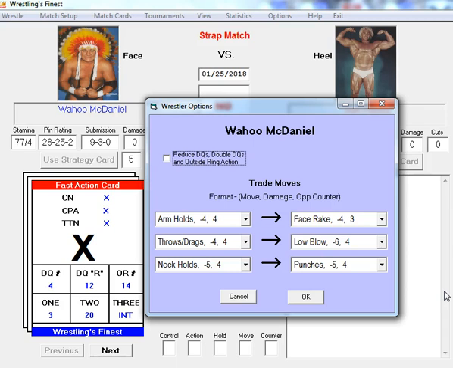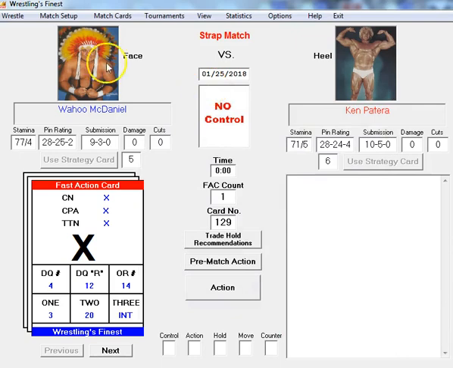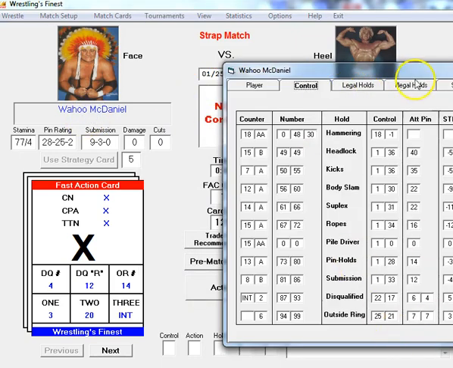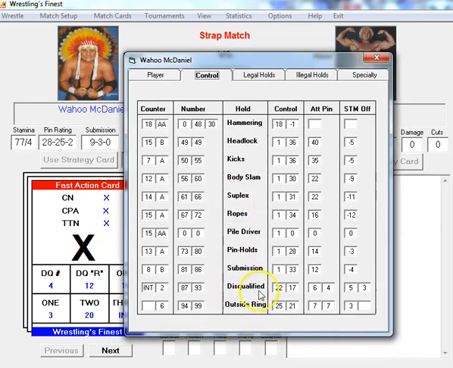But anytime you have a heel versus face, like in this example, you have Wahoo McDaniel the face, Ken Patera the heel, Strongman Ken Patera, sorry, you would want to uncheck this top box for Wahoo. And I'm going to show you real briefly what that actually kind of means. So if we go back to Wahoo's card, if you notice here under disqualification outside ring, these are called the disqualified range, those two numbers, and this is your outside